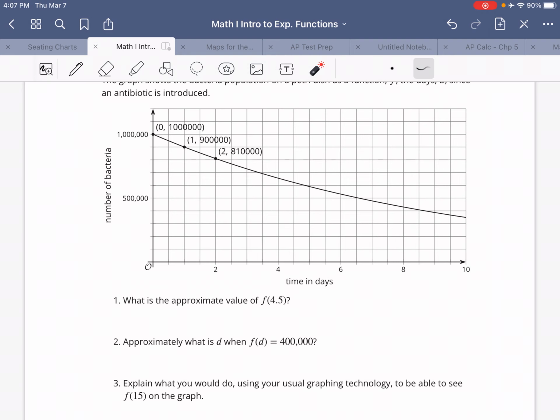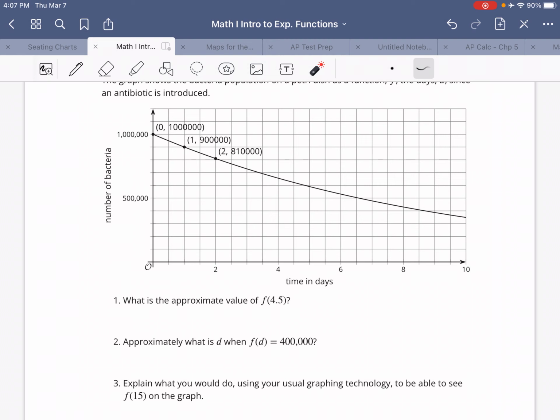Approximately what was D when f of D, so when my number of bacteria on some day was 400,000? Well, 1, 2, 3, 4. What day would that be on? And then, looking at this graph,